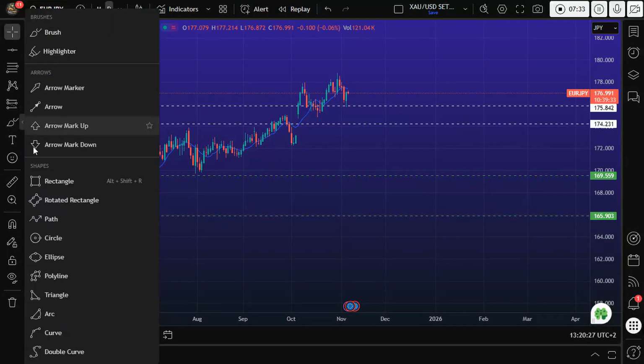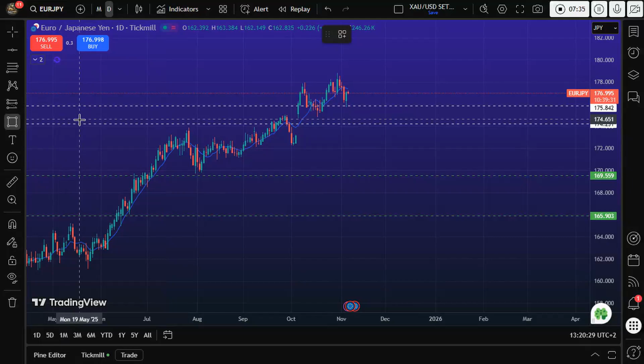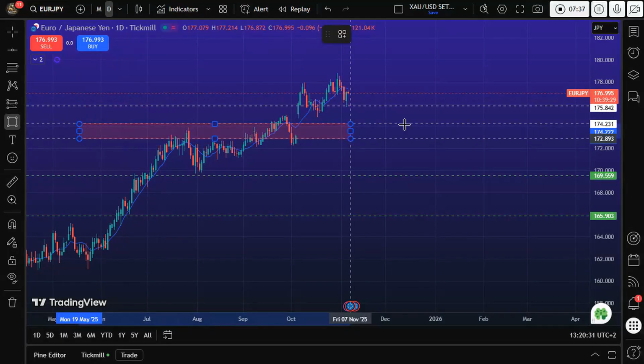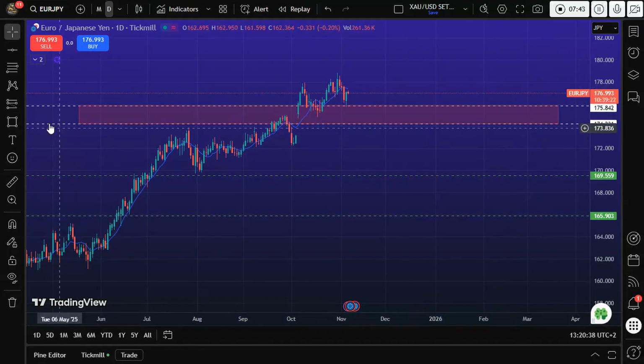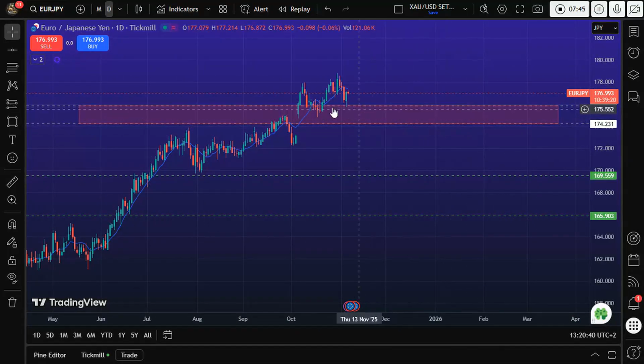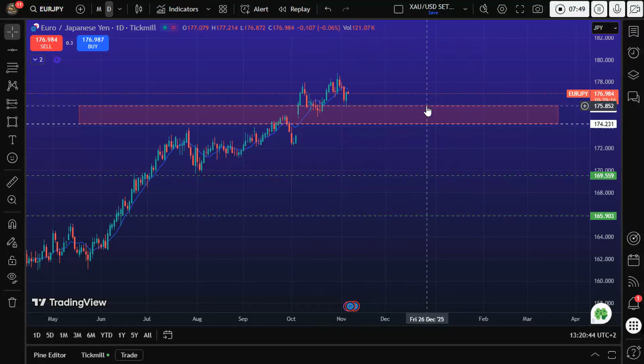Let me move the brush now. This is our entry zone. So this is where we are looking to sell right here. We are looking to sell on this specific type of area. And what makes this very useful, more especially on this currency pair,